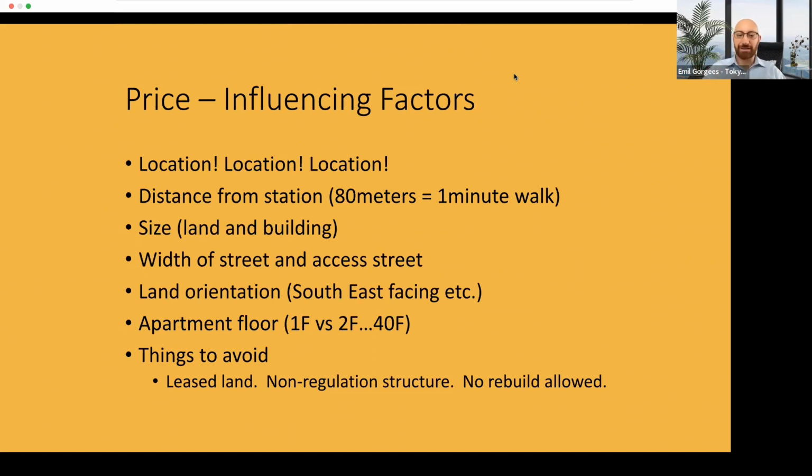So the first thing you should check is whether it's leased land versus freehold. It's quite common that there are properties that aren't freehold land, it's just leased. You rent it from a landowner. You own the building on top of it, but you don't own the land. You just have rental rights, and you need to pay monthly rent, anywhere from 30 to 100,000 yen a month. Generally, you can renew it, but there are certain types of leased land contracts where you're not able to renew. These kinds of properties are difficult to finance. They are difficult to resell, and